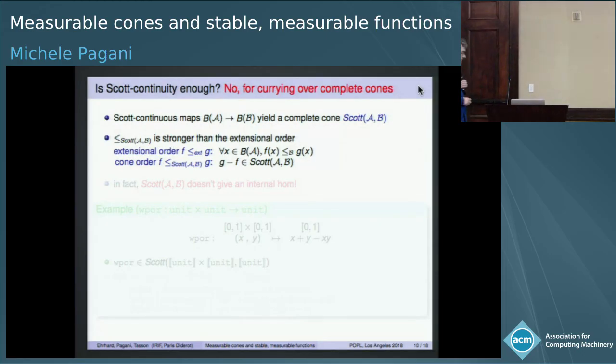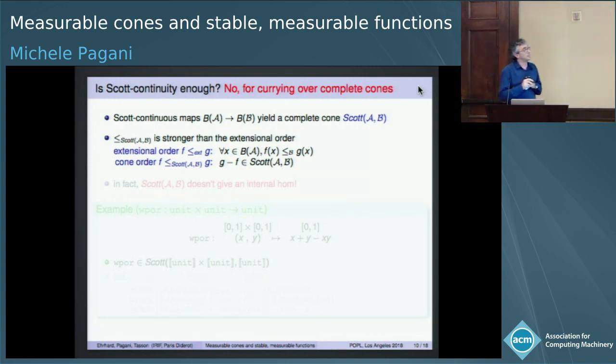Let us see this point in a bit more detail. If you take the set of all Scott continuous functions between the two cones, you can check that it gives a complete cone that I call Scott(A, B), right? However, if you study the algebraic order induced by this structure, that I call the cone order, it is stronger than the usual extensional order on the Scott continuous functions. Because in order for a function f to be smaller than a function g in this cone, it must be not just that the first is smaller than the second for every input,